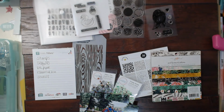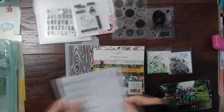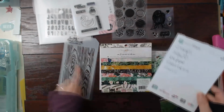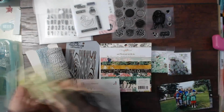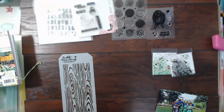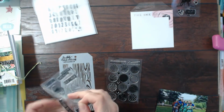Hello scrapbookers, this is Megan and I am back today with a layout for my June Kill a Kit video, or how to kill a kit with style. And I am also doing a secret not secret kit club challenge, and I was kind of showing you what I was working on